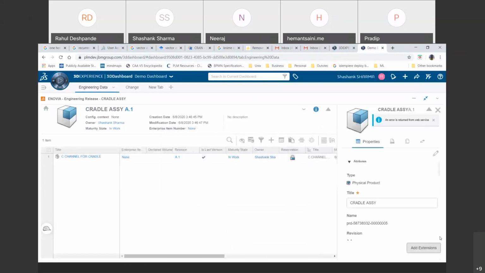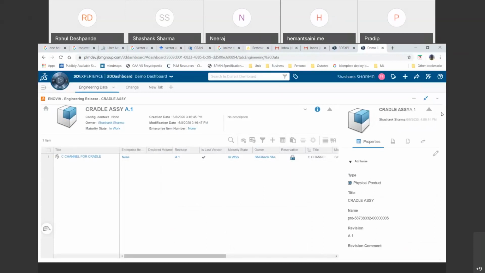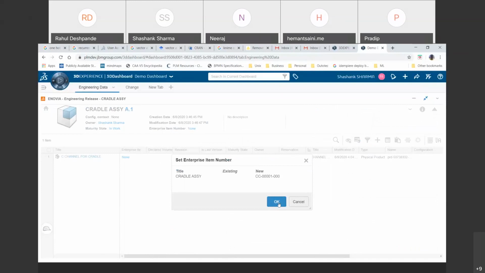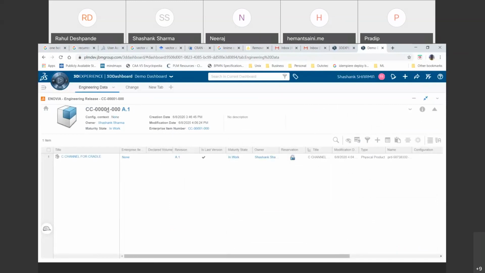So I've clicked on attachment, and then I can just click on new number, and I will get an enterprise number. My file's name and number, everything is changed. I can put a description afterwards. Whatever description I put in is just for my reference, so I know what I'm creating.